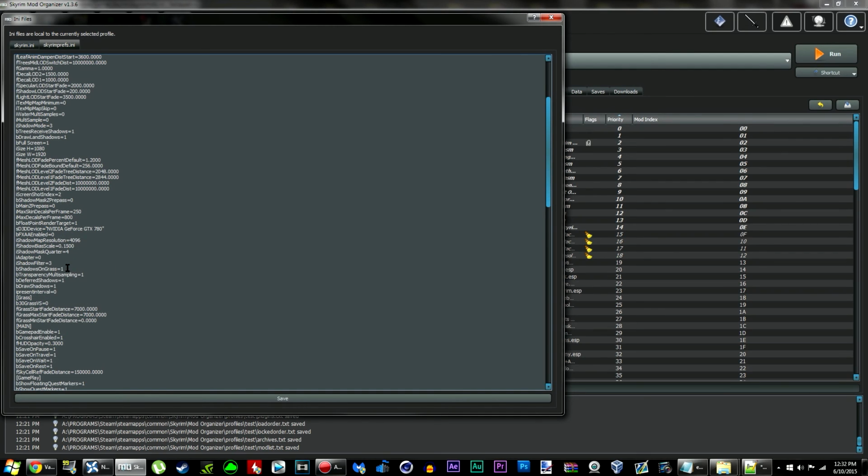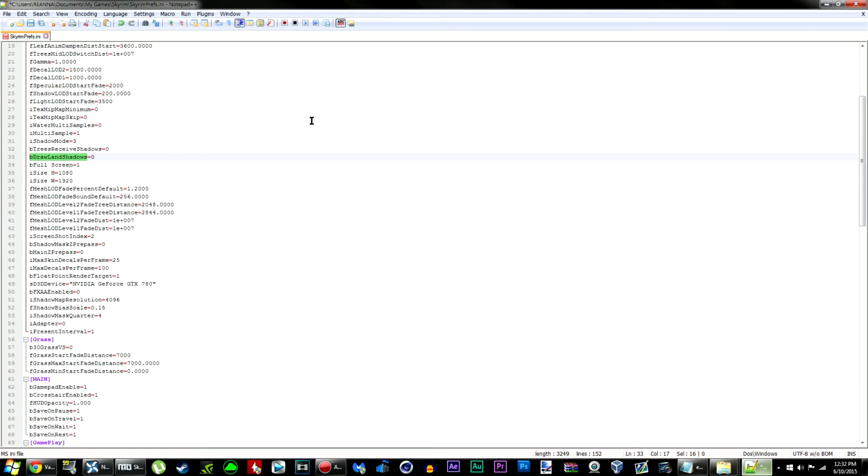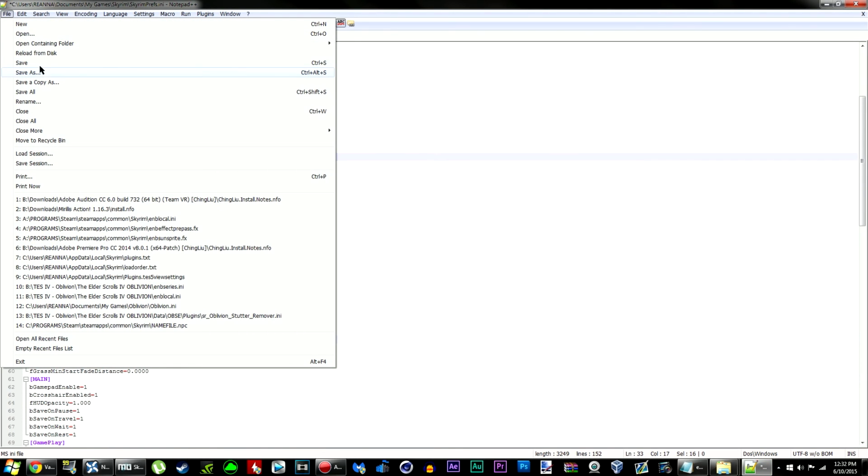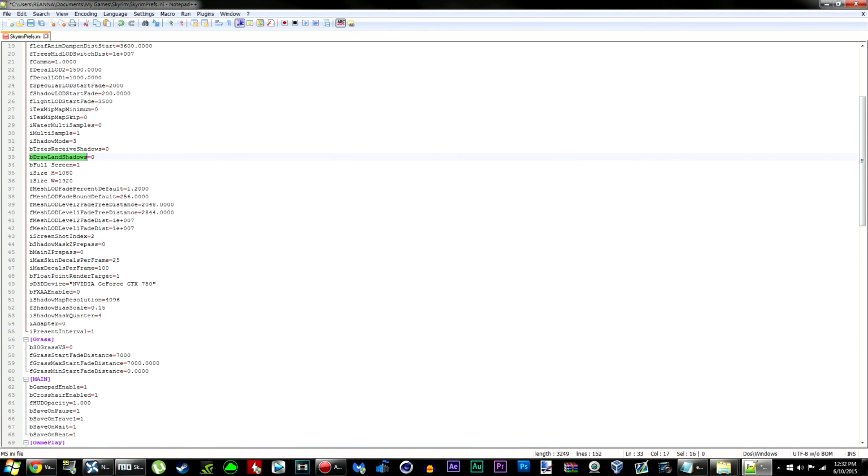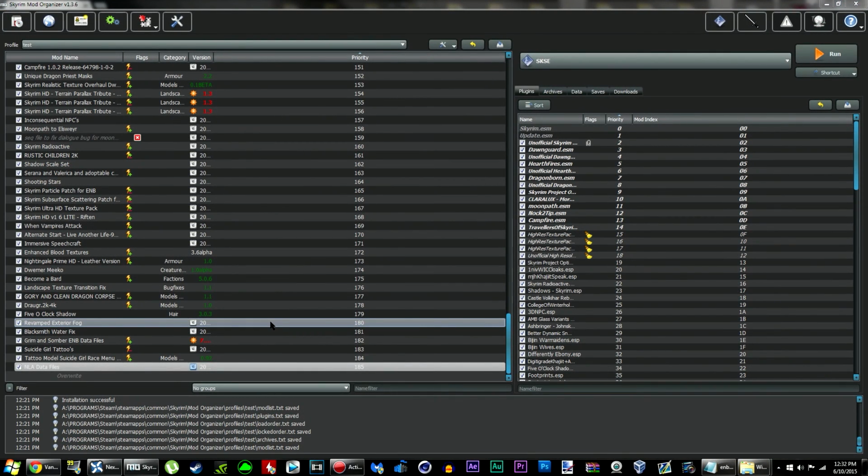Alright, so Mod Organizer users, if you had to edit anything, go ahead and click the Save button and then close out. Nexus Mod Manager users, go up to File, and then you can click Save, or just do Control S and then close out. And what we're going to do now is we're going to edit our ENBLOCAL.INI settings,